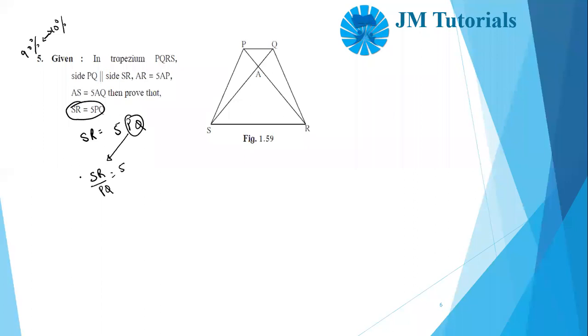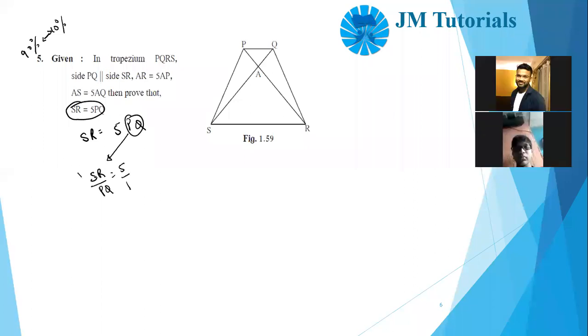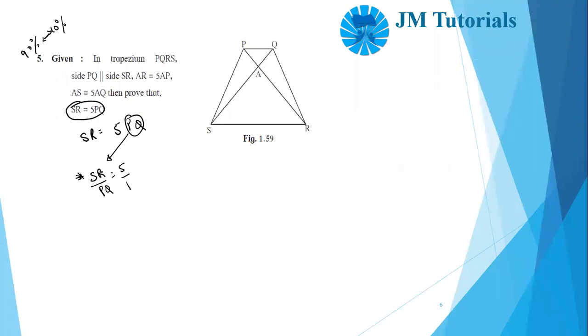By this I get a hint, or a clue. The clue is I need to prove some triangles similar and do the CSST, because this is the CSST format. This upon this. So now I'll see which triangles I need to prove similar. Where is SR? SR is in this triangle. And where is PQ? PQ is in this triangle. So now I know which two triangles I have to prove similar.